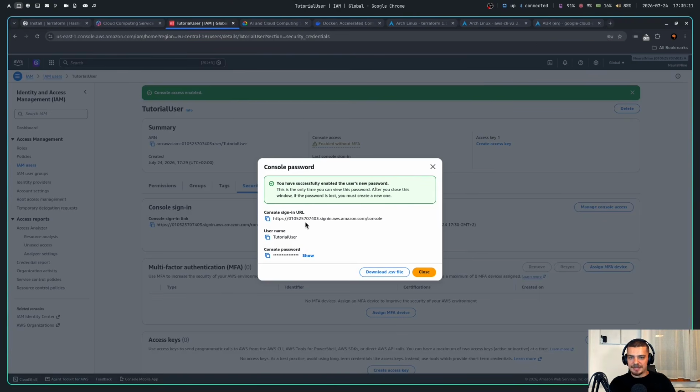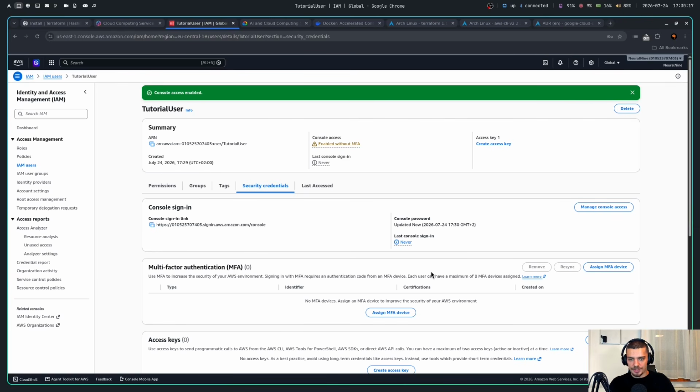Important, you want to note the account ID. So this thing here, this is something that you need to keep in mind, because that is what you have to enter when you want to log in with this user. And you can find it also at the top right with your root user. You can see neural9 in my case, and then the same number. That's what we're going to need if we want to log in via the command line. So I'm going to log out now.